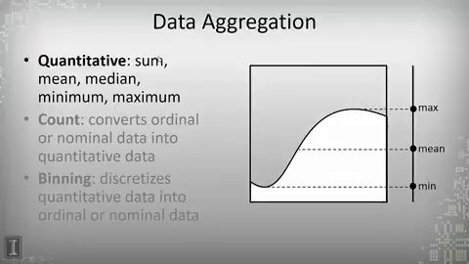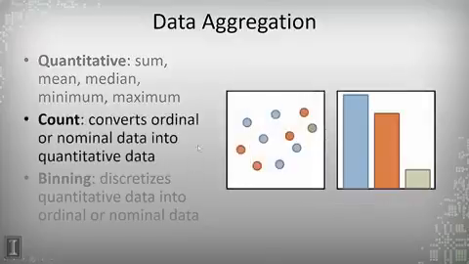And so we have various operators: sum, mean, median, minimum, maximum. There's other statistical operators like standard deviation or variance or other characteristics you can use that will simplify data and basically remove one dimension. In this case, removing the change in value over one dimension to a single value over no dimension. We can also convert quantitative continuous data into quantitative discrete data or ordinal or nominal data, and the